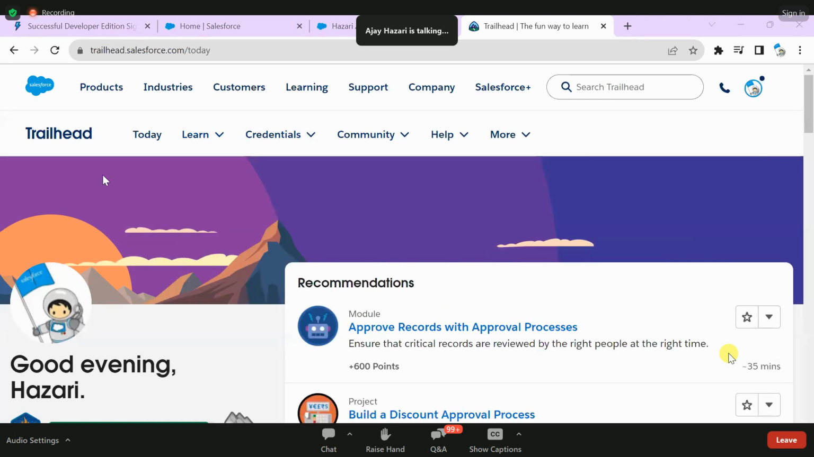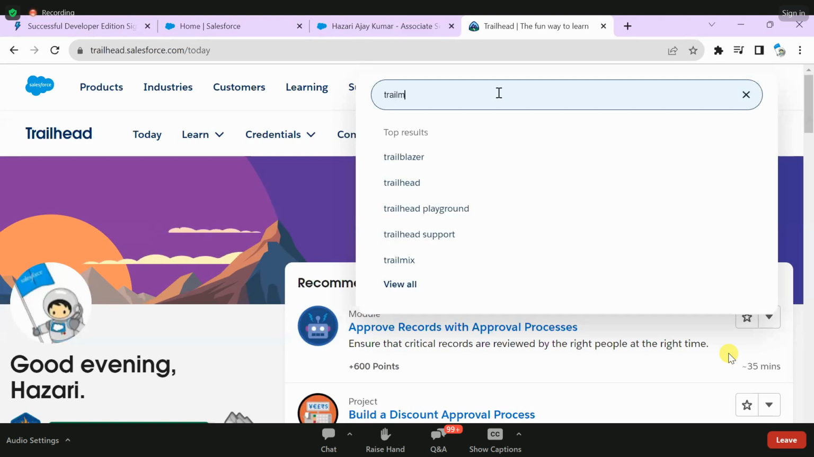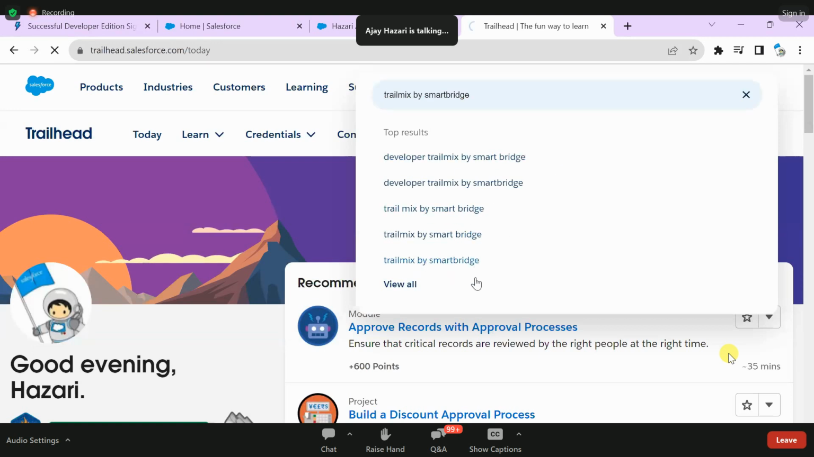So after that, you can also gain knowledge using a Trailhead account. For completing this internship, we have created a trail mix. You can just go to search Trailhead here and search for trail mix by SmartBridge. You just need to search it, trail mix by SmartBridge,